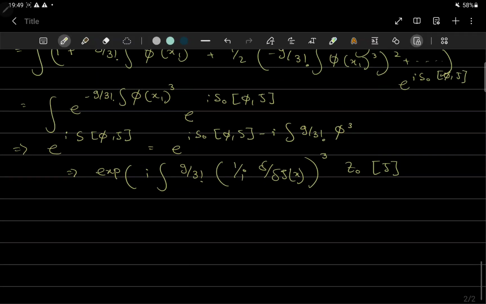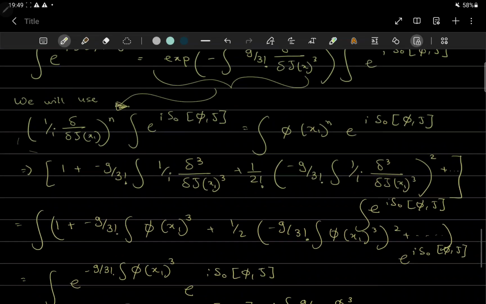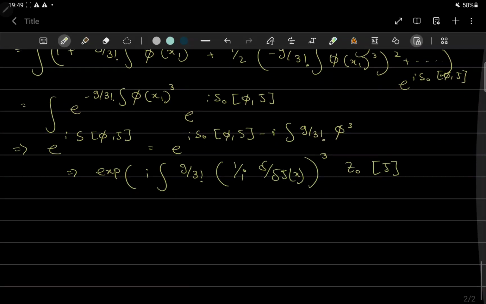So basically what we're doing again is acting this functional derivative over the generating functional, which we have done before, and the answer that we will get is essentially half times i divided by 3 factorial